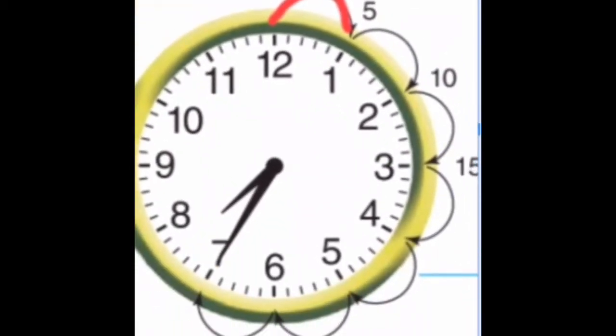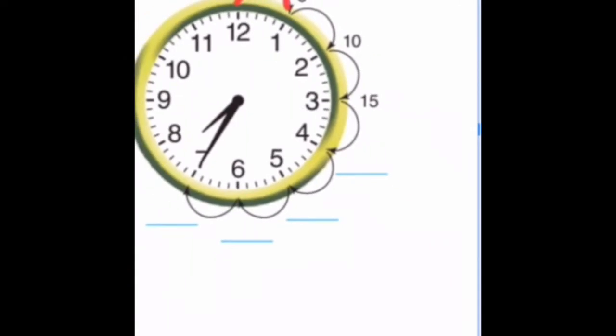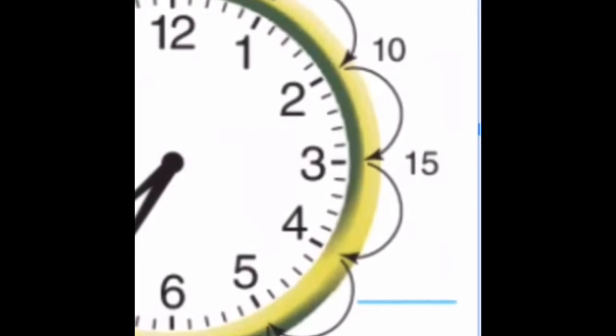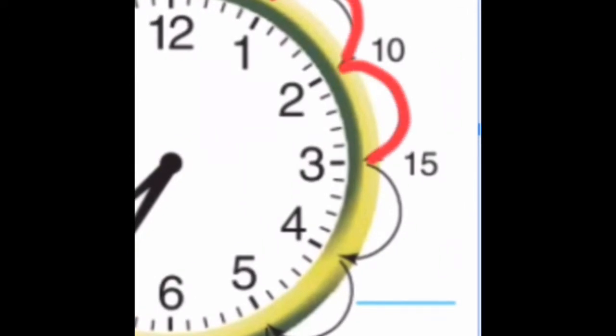Now the hours are the ones with the big numbers on them. 12 o'clock hour, 1 o'clock hour, 2 o'clock hour, 3 o'clock hour, and so on. The minutes, sorry about that, the minutes are the little dashes in between. So we can count by each one of the big numbers here is actually 5 minutes at a time. And so that's what they're counting on the side then. So we had 5, 10, 15, 20, 25, 30,